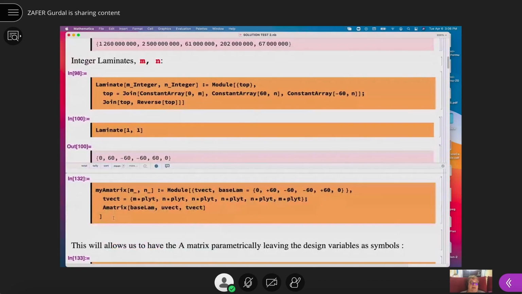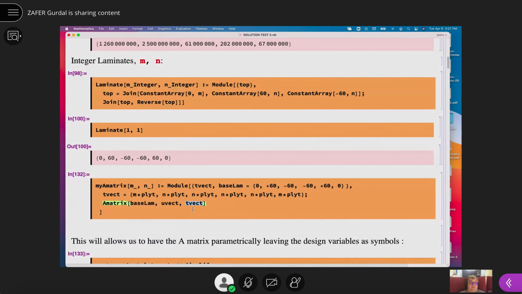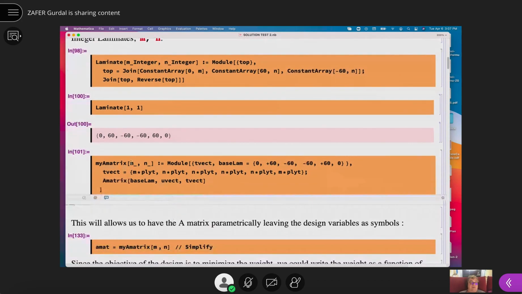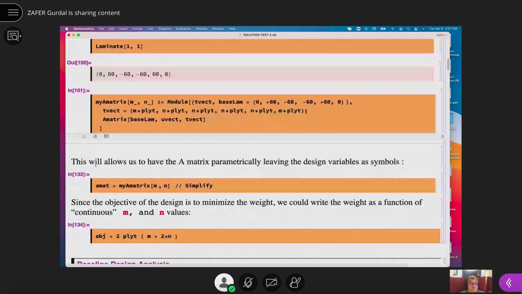Then I use this A matrix construction that allows me to actually put the ply thickness of each layer in a separate T vector. And instead of calling the A matrix with one thickness, I call it with a T vector, which is the vector of thicknesses for individual plies. So this is an important upgrade to computation of A matrix. And I defined a new function for this, calling it my A matrix, so that I can compute it once